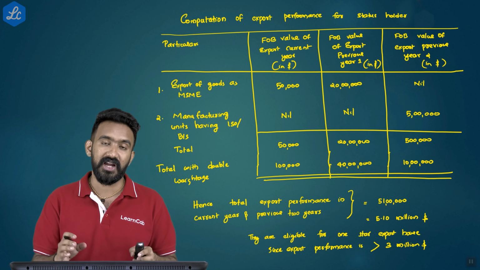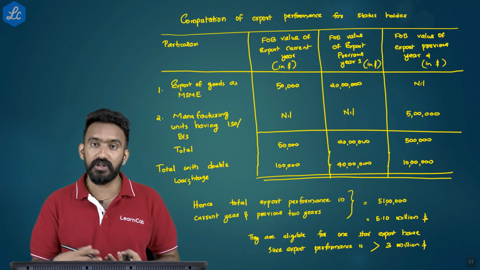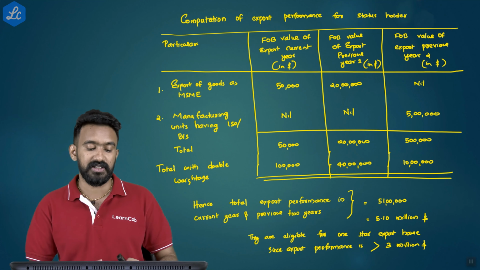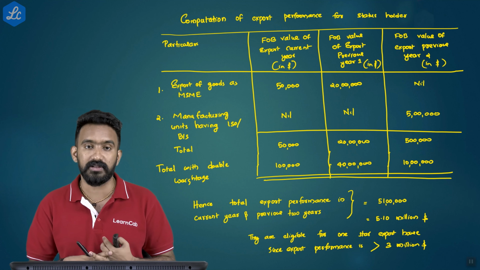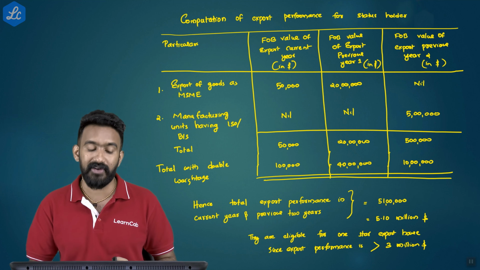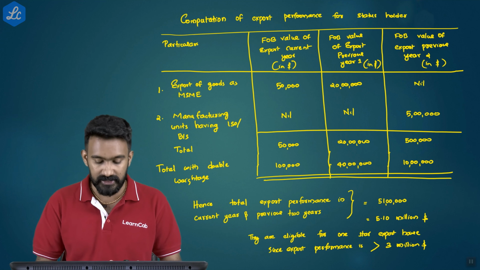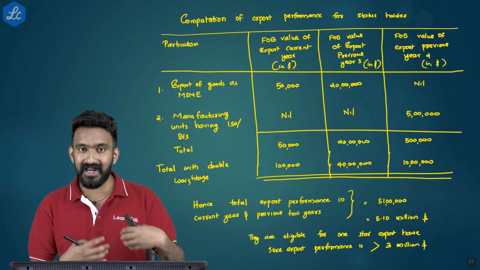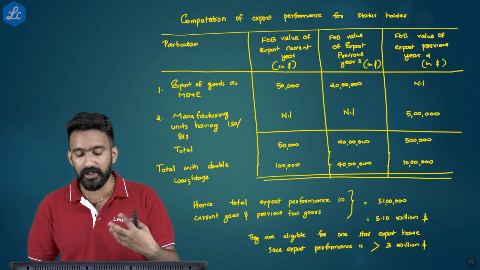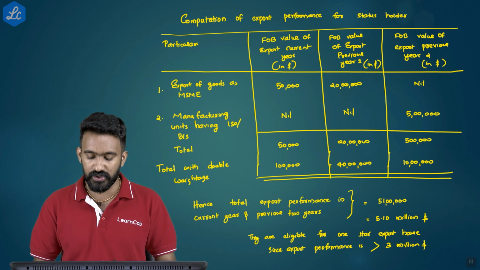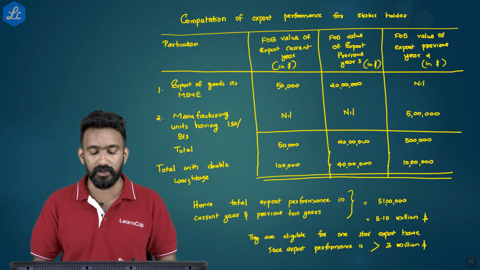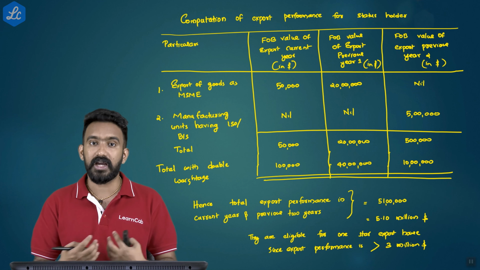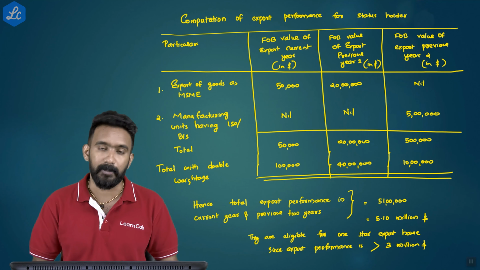The only thing we have additionally to learn here is that a double weightage is given because they are MSME and a manufacturing unit with ISO, BIS. Even Northeast exports and agro export zones are also eligible for this double weightage. So you'll have to think of this and then calculate it. These kinds of questions can be repeated in your examination.